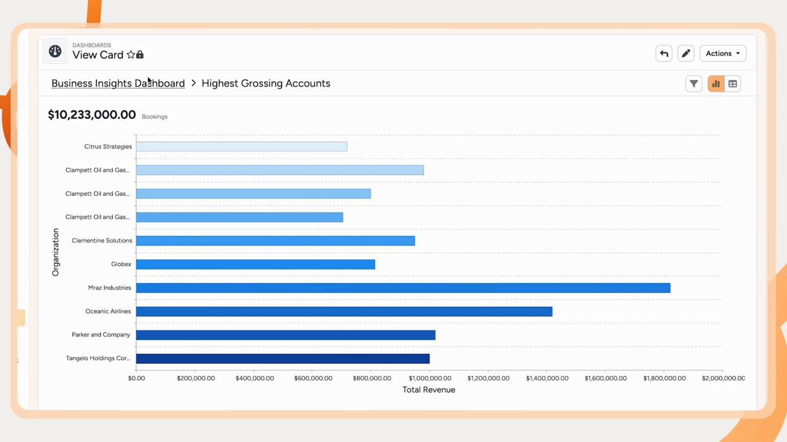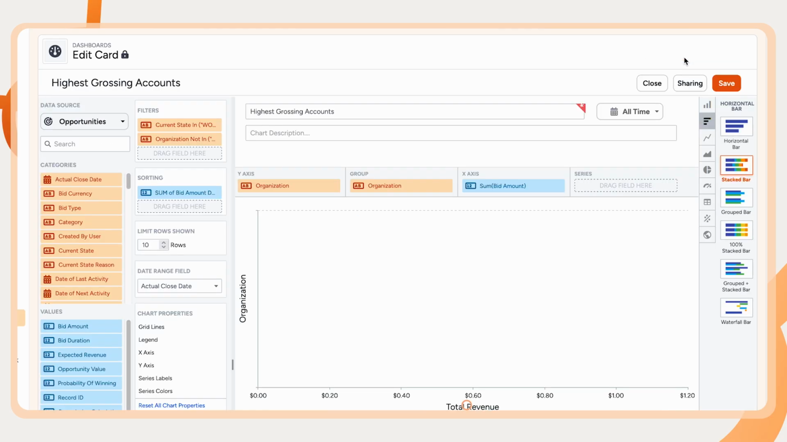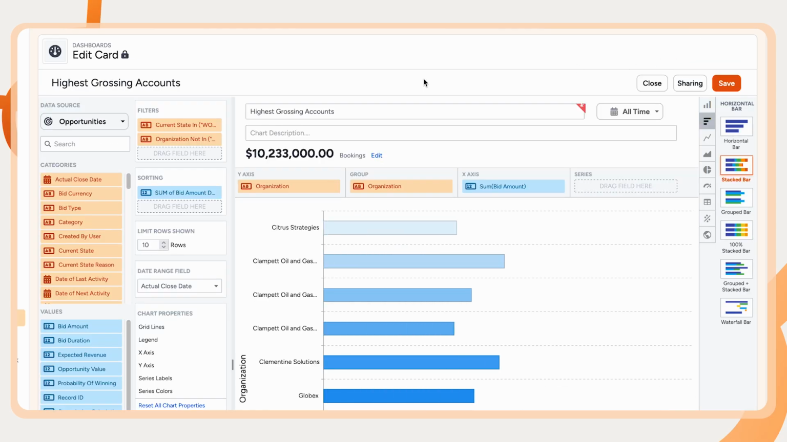Like everything within the platform, dashboards were built with simplicity in mind. And customizing dashboards can be done by our everyday user with just a few clicks using the drag and drop point and click editor. As you can see here, we are looking at a dashboard card with the highest grossing